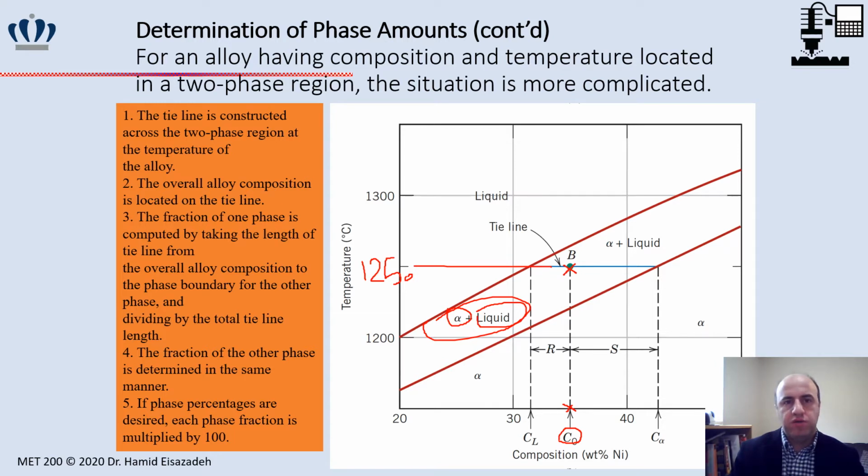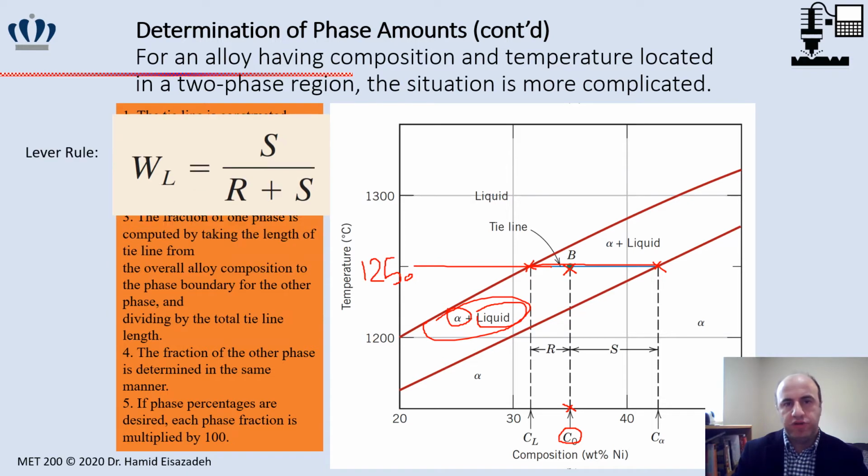Now we want to find out, you have to draw a horizontal line, they call it the tie line, until it crosses the solidus and liquidus lines. Remember, this is going to be a horizontal line, not a vertical line. And then the overall alloy composition is going to be located on the tie line. The fraction of one phase is computed by taking the length of the tie line from the overall alloy composition to the phase boundary for the other phase